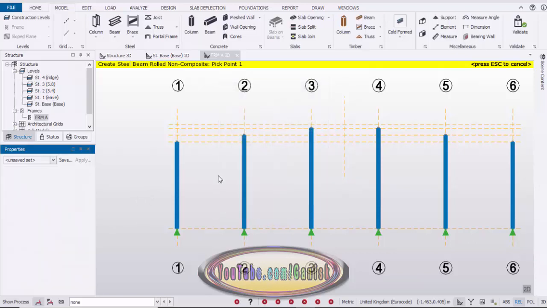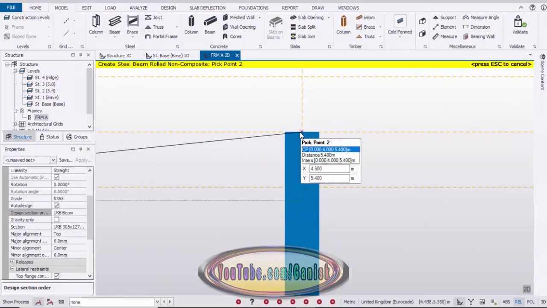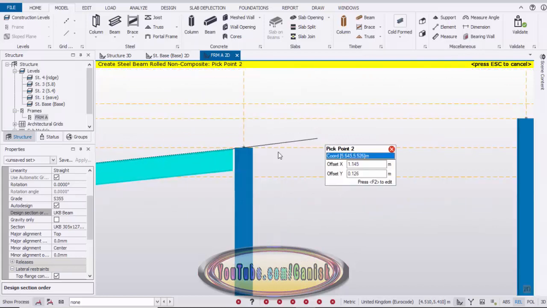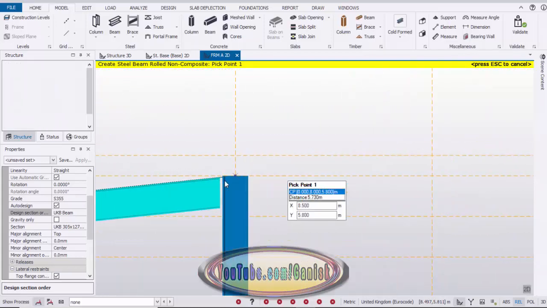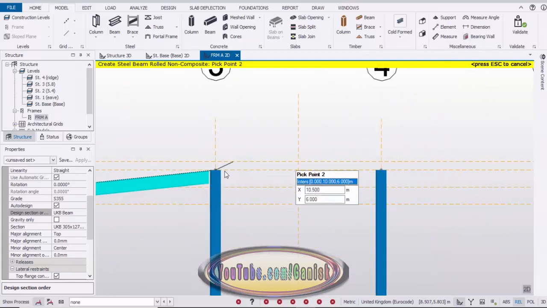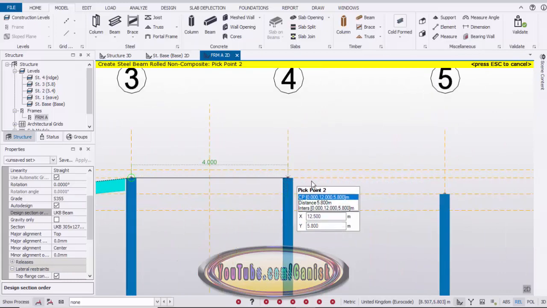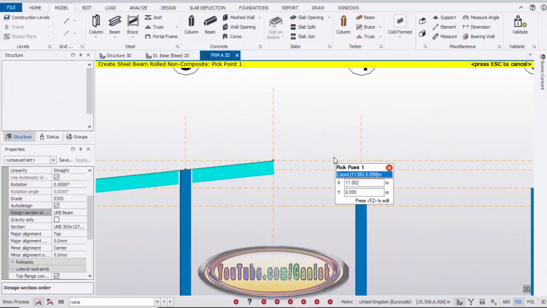Click on select and pick the first point here, pick the second point, zoom it and pick the second point at here and do the same procedure. Pick the first point and pick the second point at here and pick the first point and pick the second point at intersection point here.